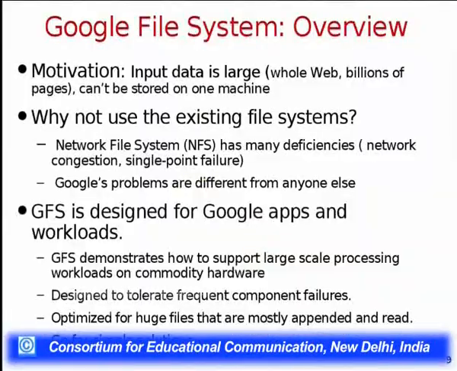And of course, the kind of problems which Google faces is very different from what you and I face day to day. Google File System was basically developed and designed for Google apps and the kind of workloads which Google handles. It basically demonstrates how large-scale processing can be done on commodity hardware.